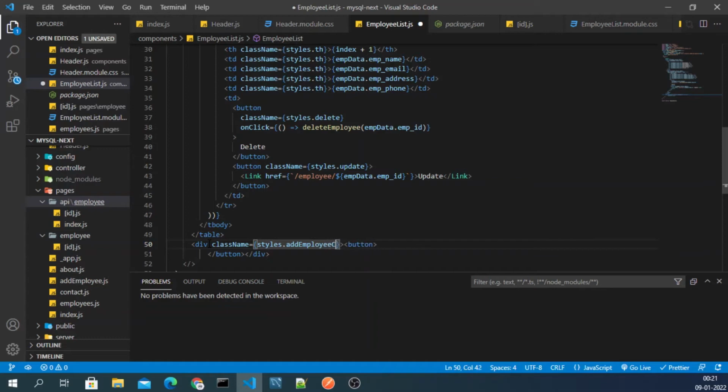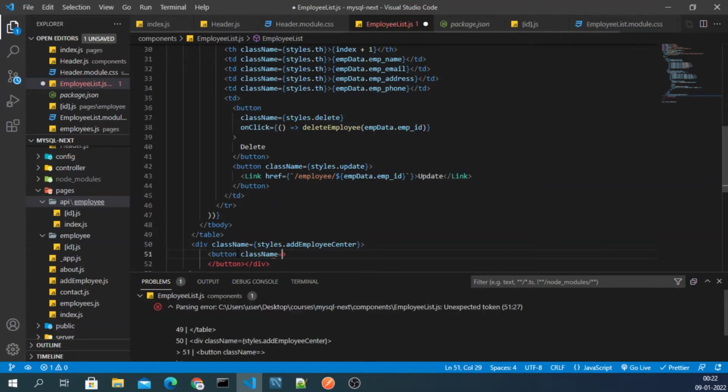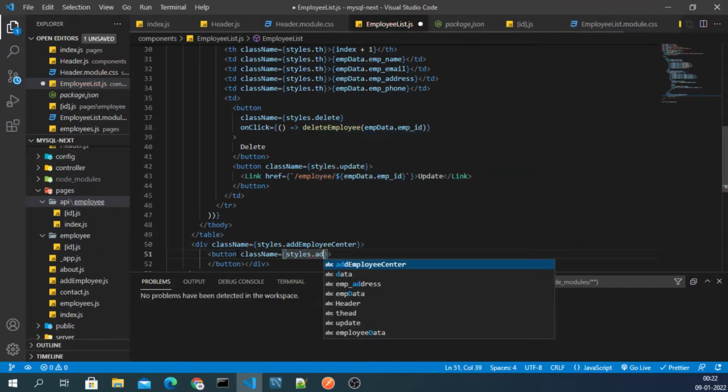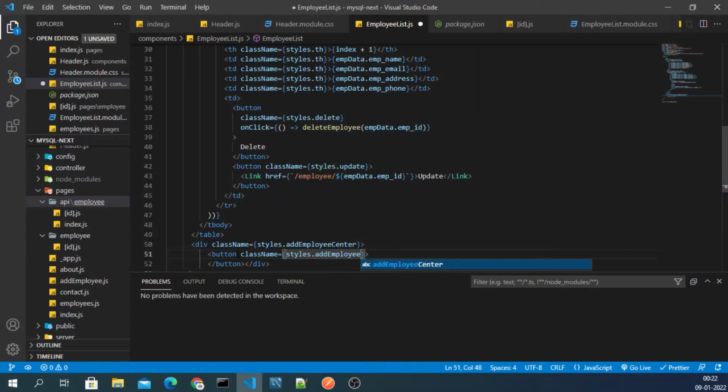add employee center. Guys, I told you I'm not following any naming convention, so my name looks odd to you, but you don't have to follow this convention, right? And then in the button I will have a class name, it is style dot add employee, right?